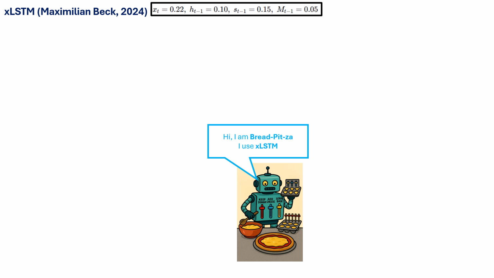So in here, I will be using 4 inputs instead of 3. Yeah? So the first two are just the same, except x_t is the current fresh cheese that we will be using, and h_t-1 is the yesterday's ready to bake dough from the yesterday's demo. And then now for the bowls, because in here there is more than one bowl, there is s_t-1 that is related to the kneading bowl, just like vanilla LSTM.